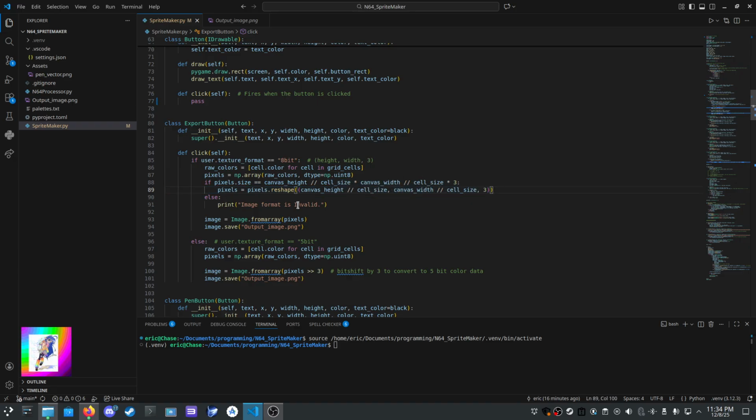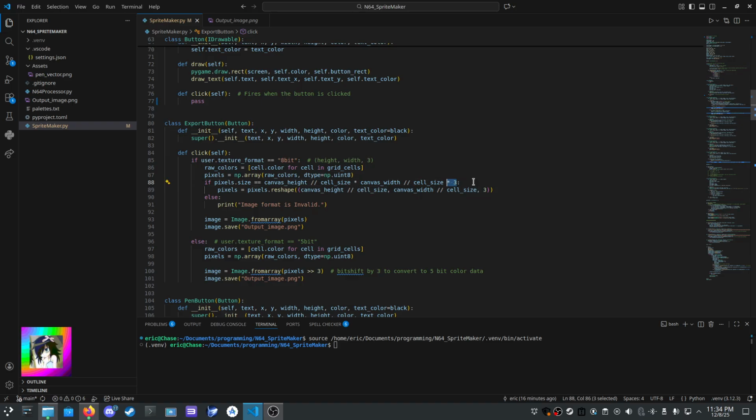Okay. So for pixels, we have a NumPy array. We're saying if the shape of my NumPy array equals canvas height divided by cell size, which is the number of pixels on my Y, multiplied by the canvas width divided by the cell size, and then times 3.